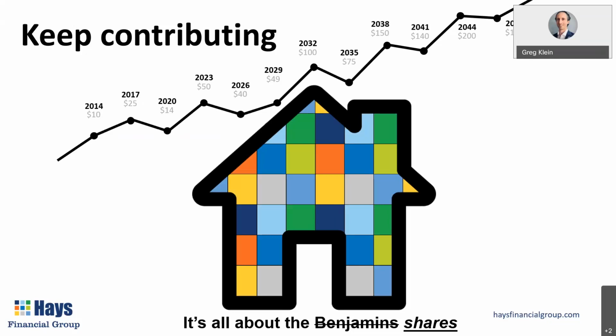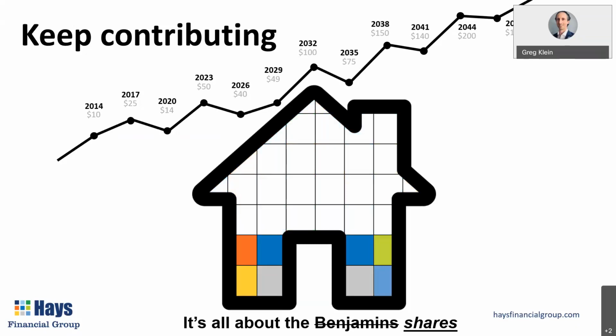If when you go to make that deposit, the price is low, you're going to buy more square footage of the house. If the price is high, you'll buy less square footage, but you've got to keep the deposits going in and just buy square footage with every deposit from every paycheck. And what the price or the value is of that house at any moment in time is truly irrelevant, because you're not buying it all at once, and you're also not going to sell it all at once. When you get to retirement and you begin to live on that money and withdraw it as your income in retirement, you're going to do it little by little. You're going to sell the house off essentially a square foot at a time.